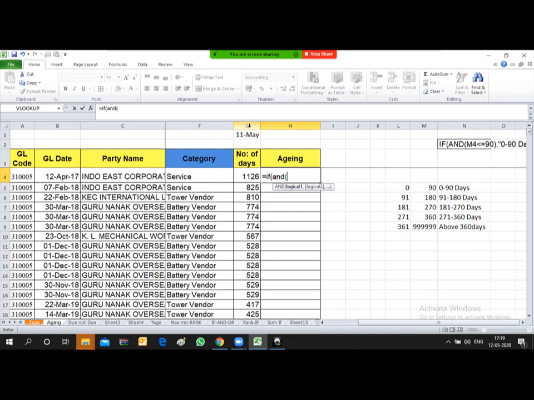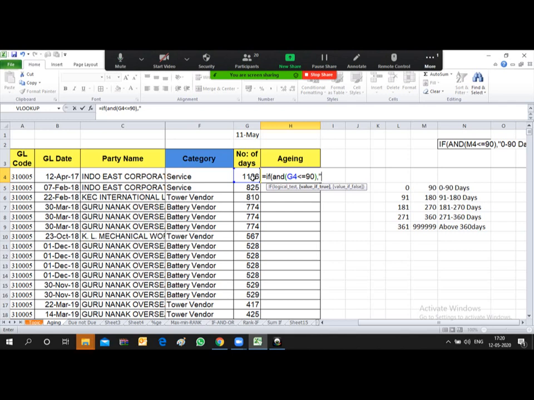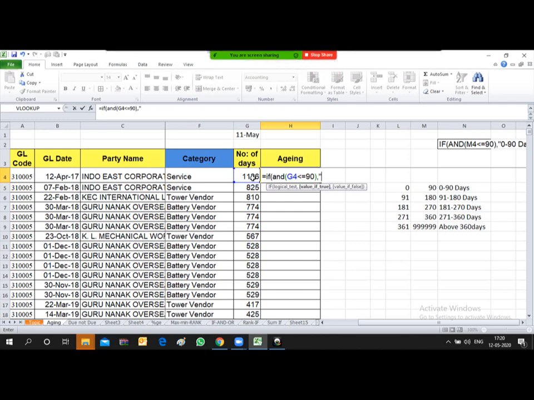The number of days outstanding I have already derived in column G. So I will provide the condition: if G4 is less than or equal to 90, then the result should be 0 to 90 days.